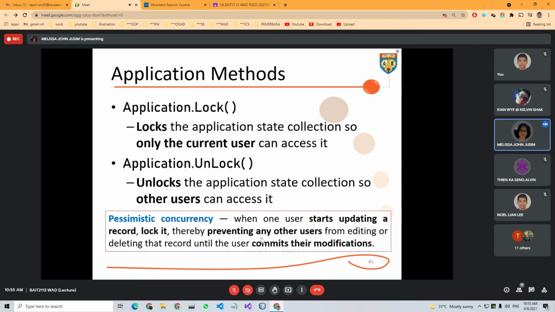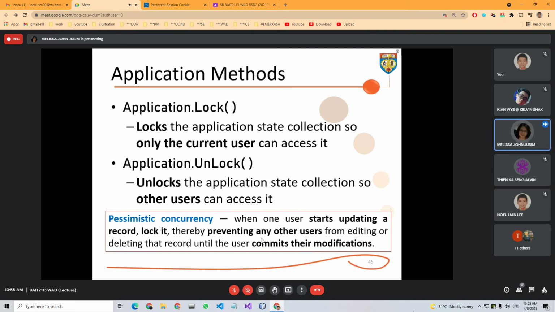Now, there's another one. On the next slide, there's Lock and Unlock. A lock means we lock the application collection so that only the current user can access it. When we unlock it, it means that other users can access it. Normally, it happens when you are doing CUD: create, update, and delete.